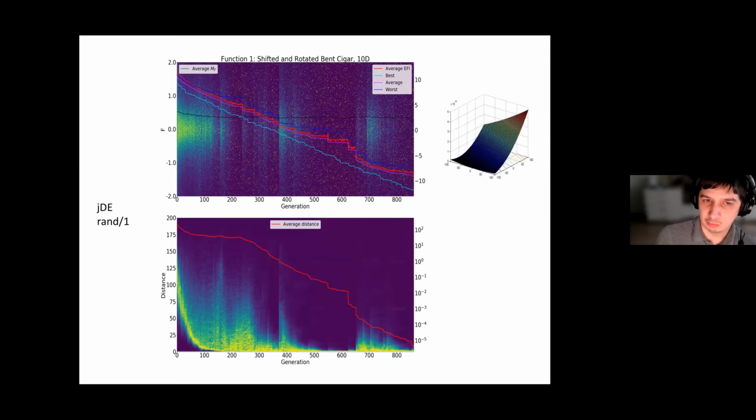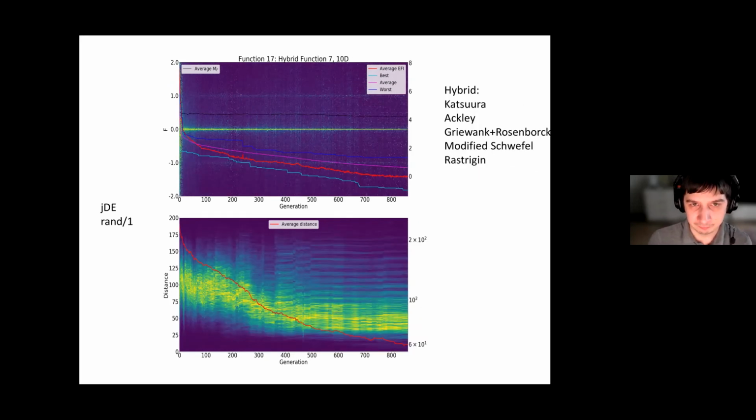Okay, if we use some other algorithm, not SHADE, for example, rand1, the picture is much worse. It's not clear what the F parameters should be. For example, in the GDA algorithm, you can get an improvement randomly. And this is probably one of the problems of this algorithm, why it is not performing as well as the SHADE algorithm works. But sometimes we can get some interesting results even with JDE.